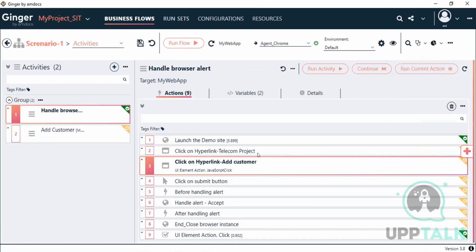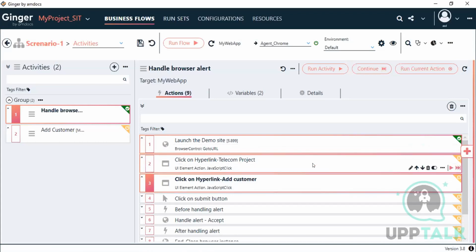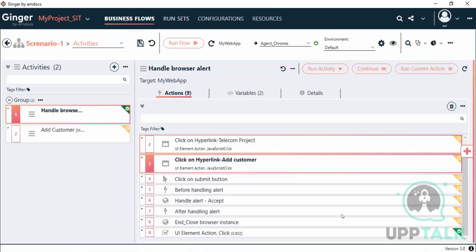Instead of creating and adding the new actions again, just copy the common repeated actions which are common for another activity. Select the actions by pressing the control key. I have selected 3 actions which I want to copy, and another action which I want to reuse,